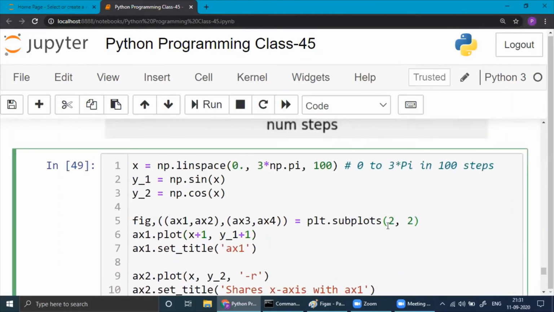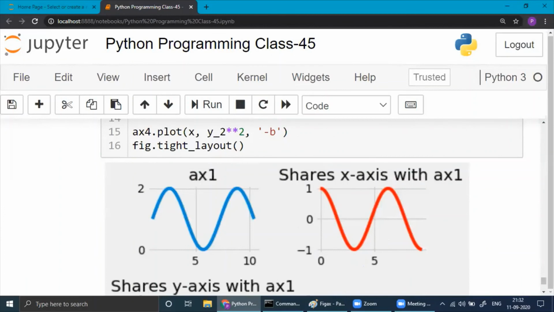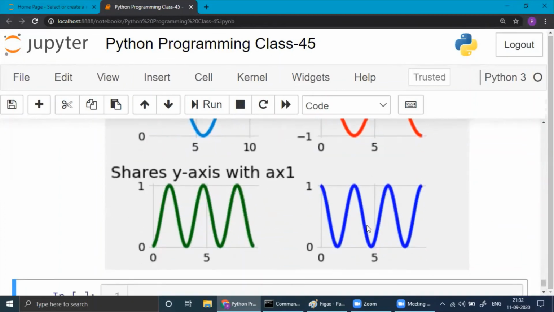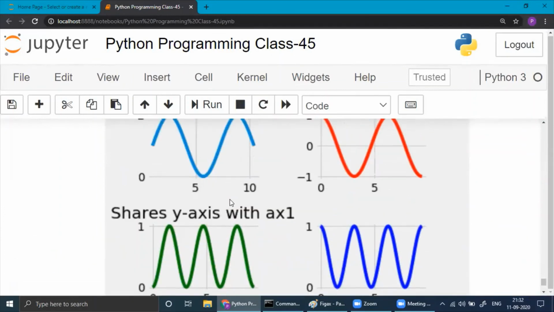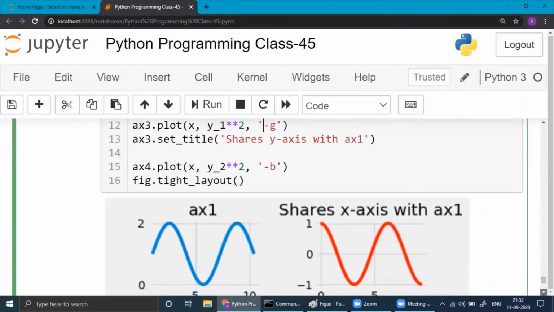Subplots, okay, here we have to correct. Yeah, we got all, but the colors and all that, face color, those things if you manage, here in plot only you need to write color. So you'll get exactly the one.